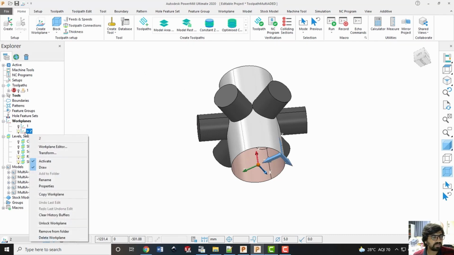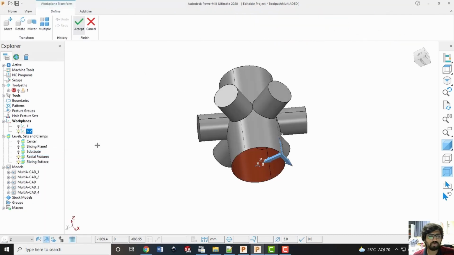So for that I'll right click on this work plane, go to transform and rotate it by 90 degrees. So I'll click on this Y axis and I'm going to rotate it by 90 degrees, and I want to rotate it in another direction, so minus 90 will work.